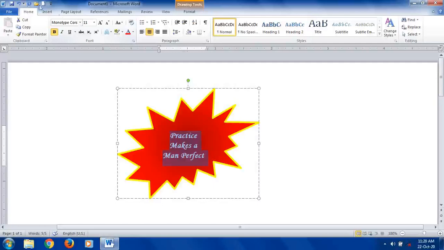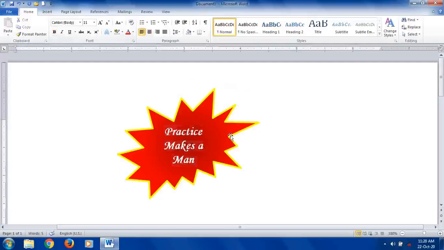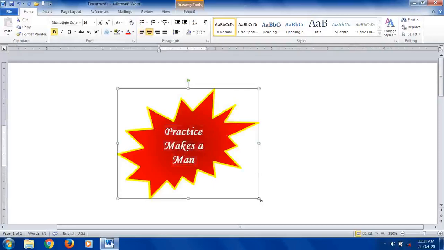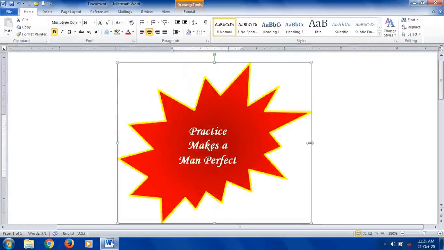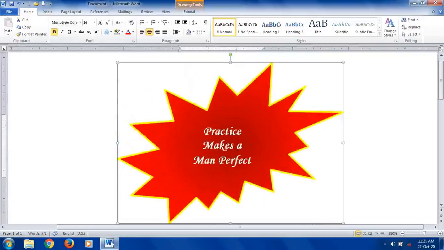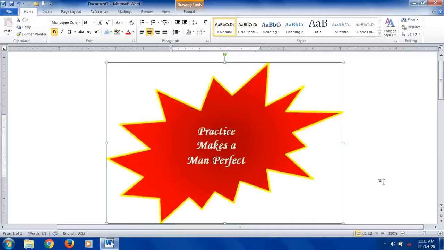Then you can increase the size of this text. See, when you increase, automatically the text is getting hidden because the size of the shape is small. So what you can do is increase the size of the shape, and you can display that entire text.